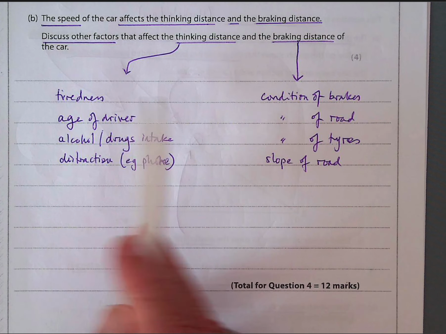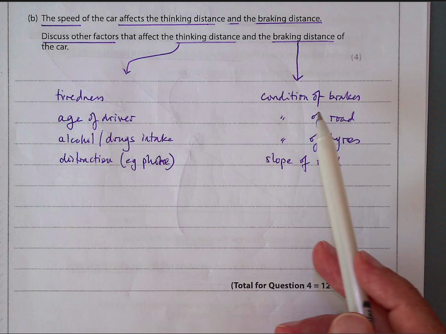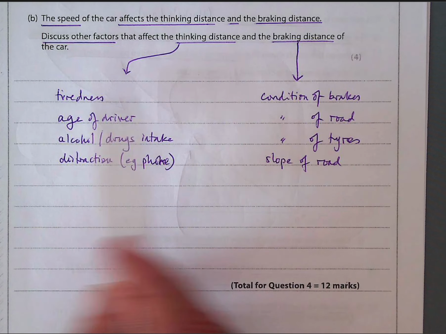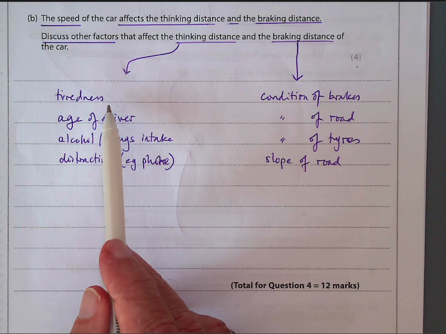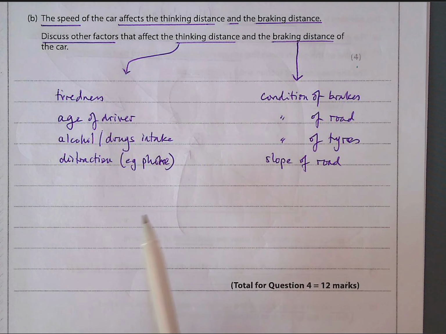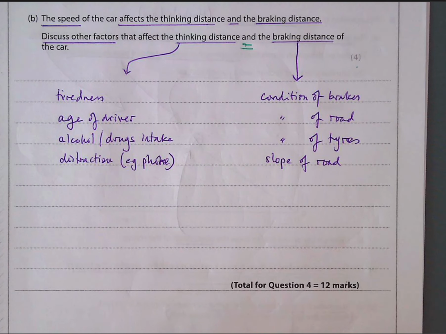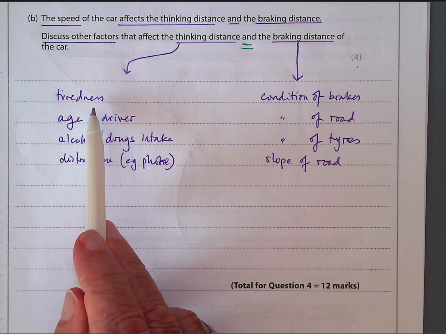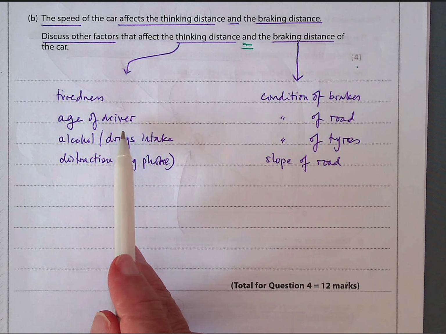Students probably will write 2-3 lines on each as a paragraph or as sentences, but you don't have to. You could do bullet points, okay? And the braking distance would be this list. So they want 4 marks, so you should give 2 for thinking distance and 2 for braking distance. They don't want you to just think about one of them. So anything that causes the driver to slow down his reaction timing, like tiredness or his age,